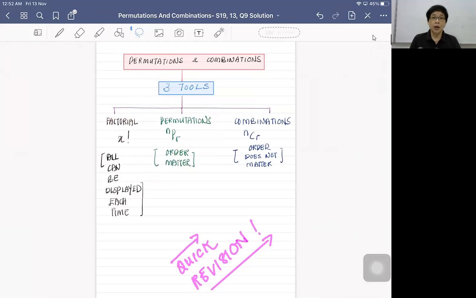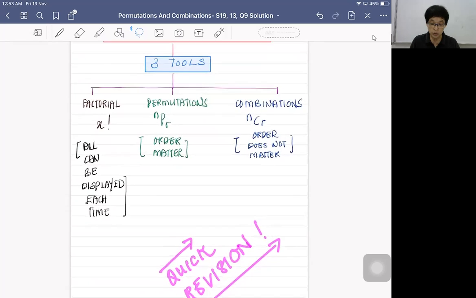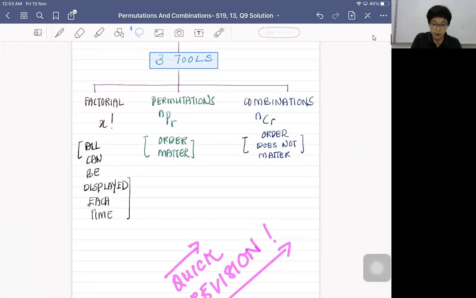Under this topic, we are mainly going to use three tools to figure out how many ways or arrangements we can display a certain number of choices of things. These three tools are, as I have put down here, factorial,